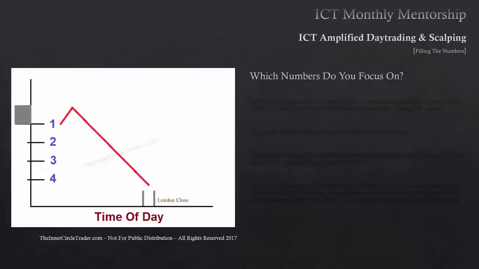And I already know what you're thinking, Michael. Which one do I do? Do I use the pivots? Do I use central bank dealers range? Do I use the Asian range? Do I use the float? Well,